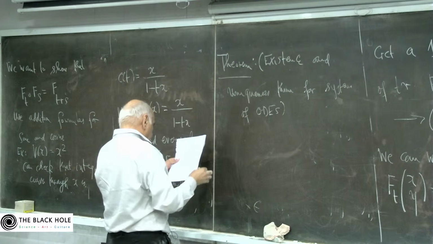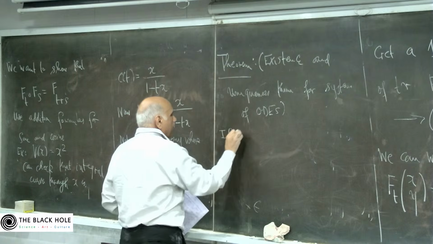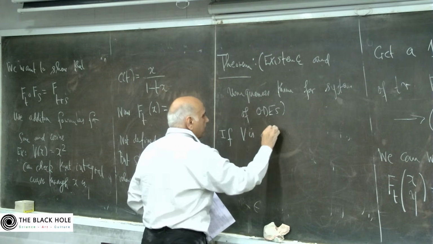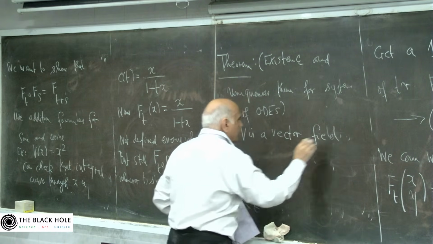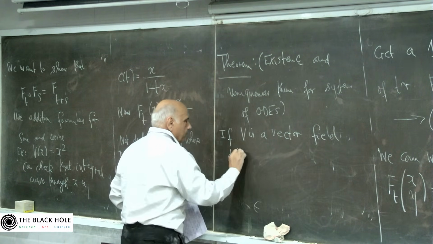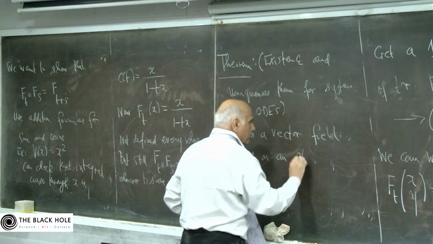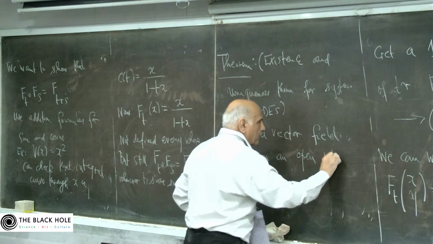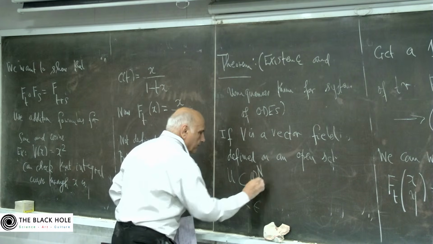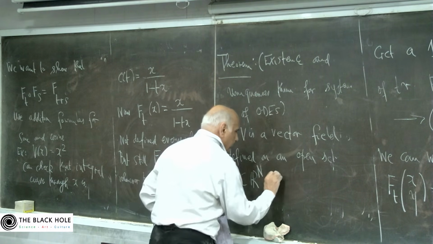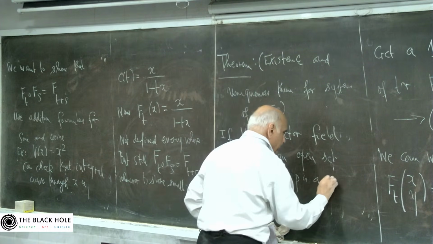It says that if V is a vector field defined on an open set U of R^n, and P is a point in U,